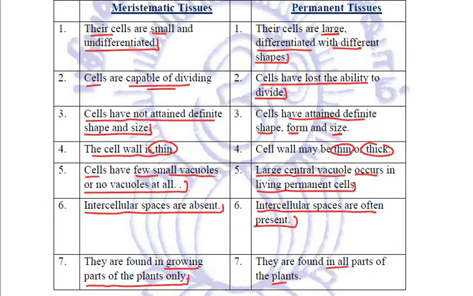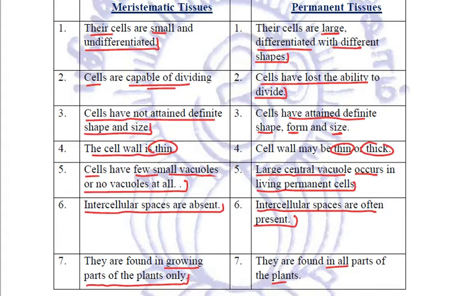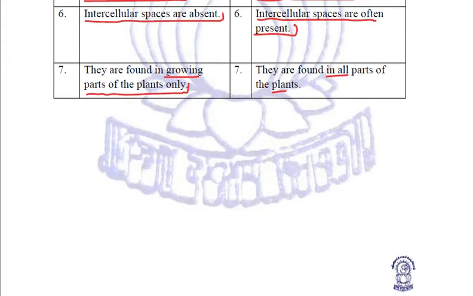So these are a basic few differences between meristematic tissues and permanent tissues. And this is all about the various plant tissues. Just try to brush up the topic in which we have studied mainly the plant tissues. Plant tissues are the tissues present in plants. These are adapted in such a way that they are adjusted according to the sedentary existence of the plants.